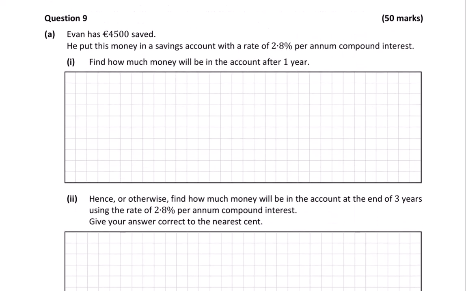Evan has saved 4,500 euros. He put this money in a savings account with a rate of 2.8% per annum compound interest. Find how much money will be in his account after 1 year. So really all you've got to do here is take